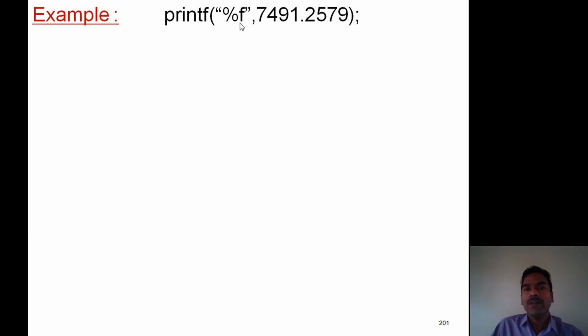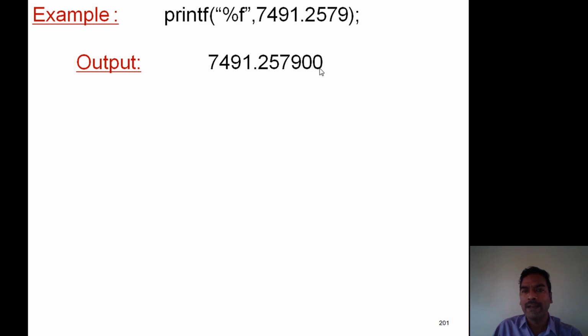Now observe this example. Here we are not specifying any W.P formats. Here we simply place %f. In this case, the output becomes 7491.257900. Remember students, in C language, when a real value is printed, by default it prints 6 precision points.